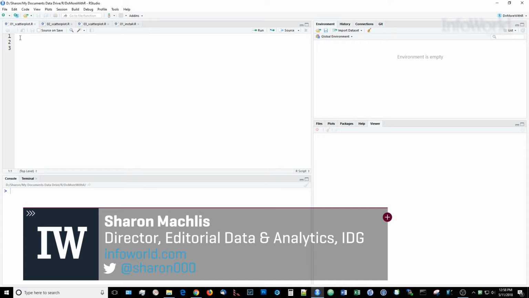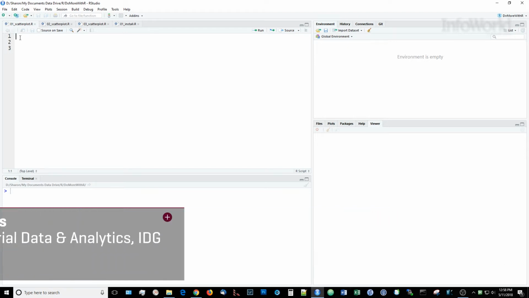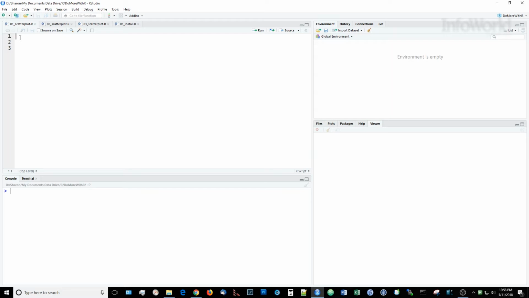In this first episode of Do More with R, we're going to look at how easy it is to create an interactive scatter plot with multiple trendline choices. I'll be using the TauCharts package, and for data, the MTCars dataset familiar to almost all R users. It has a few data points for some automobile models. I'll tell you how to install TauCharts in a bit, since it's not on CRAN yet, including a cool package for installing from GitHub that you might not know about. But first, let me show you what TauCharts does so you'll want to install it.